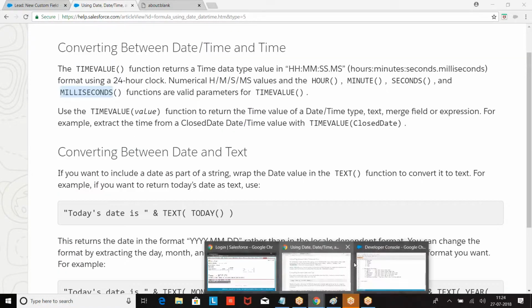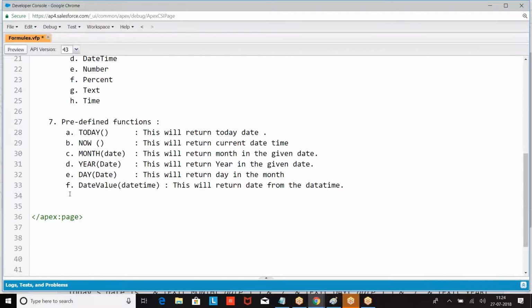So let me give you quick points here. Time value. This will return time from date and time. Now, in which format? Hours, minutes, seconds.